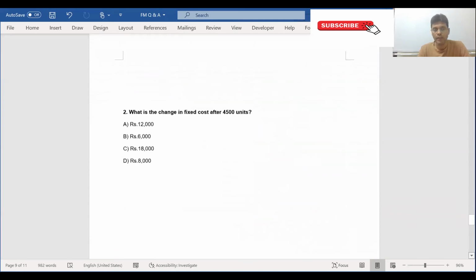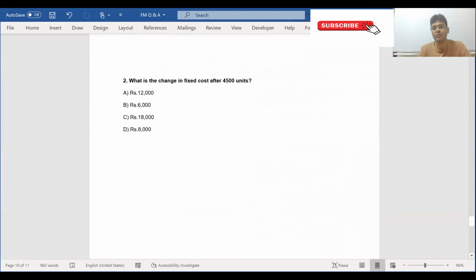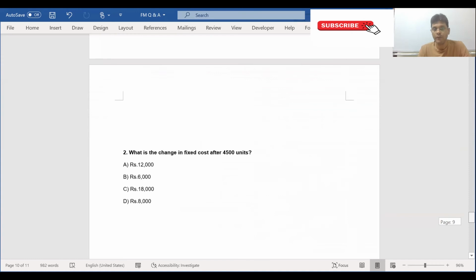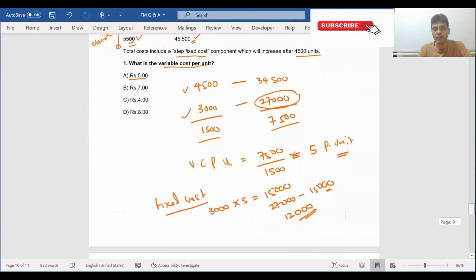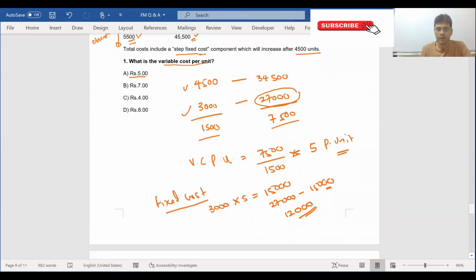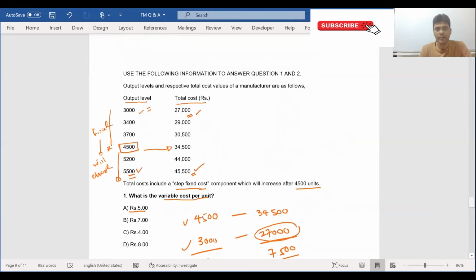Part 2 is: what is the change in fixed cost after 4,500 units? Up to 4,500, our fixed cost is 12,000. Once it exceeds 4,500, this fixed cost will change. What is that change? This is what we need to identify. To identify that, what we will do is take